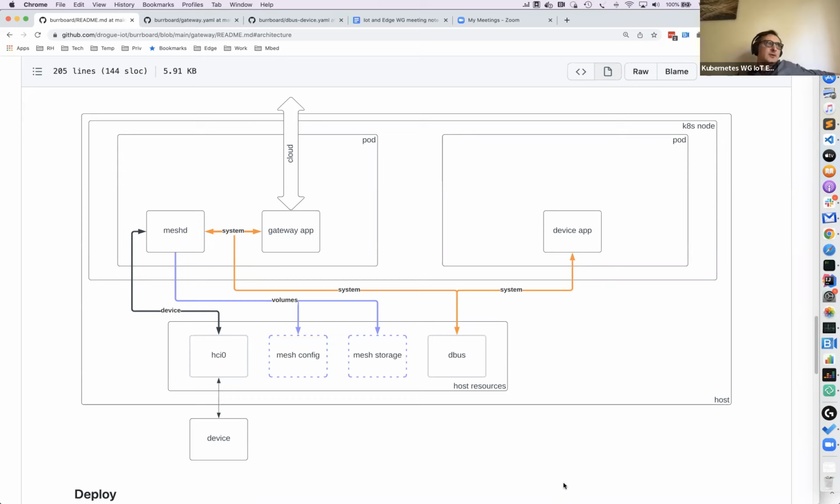Then somebody needs to say on the provisioner app, okay, provision this device, right? And that's where the handshake between the gateway app and the actual device is started. They need to exchange the keys, and if security is enabled, depending on the device, you would need to enter some passcode on the device or something like that to verify that you are who you are, right?